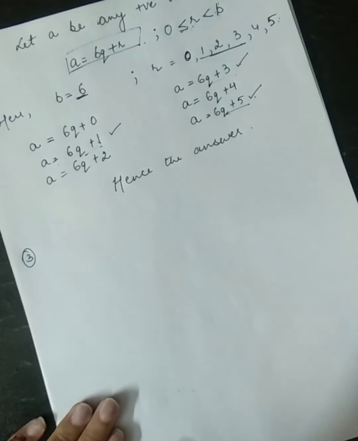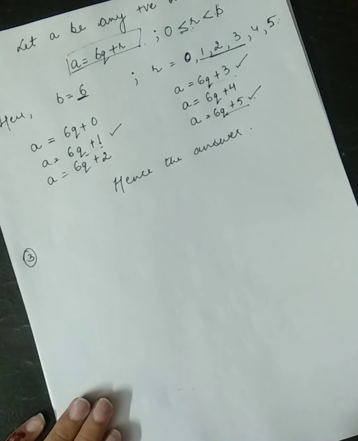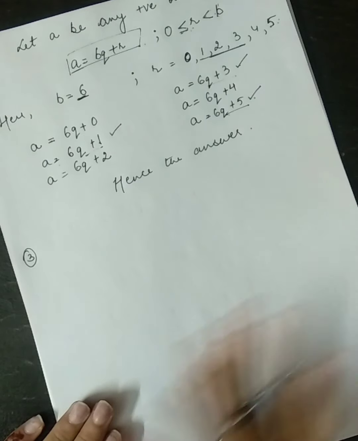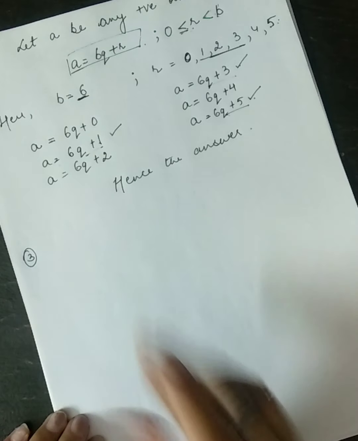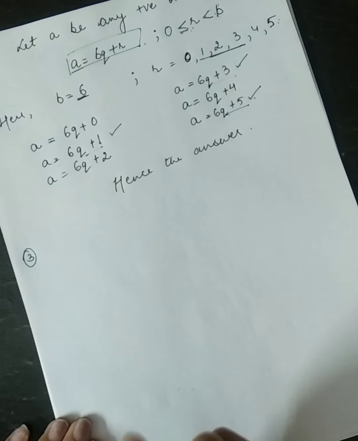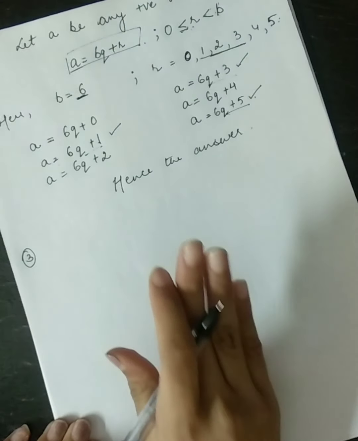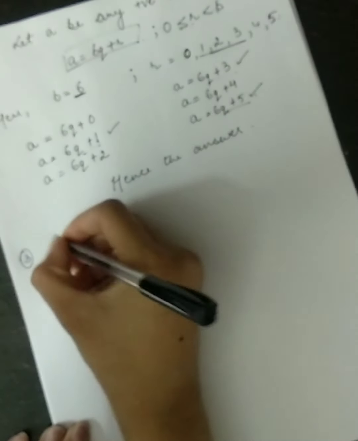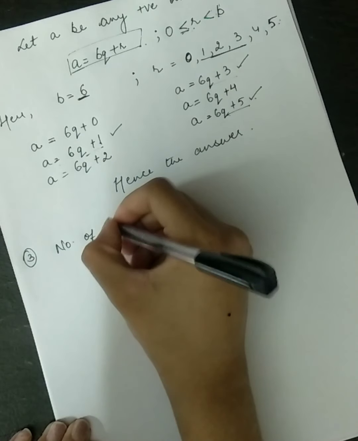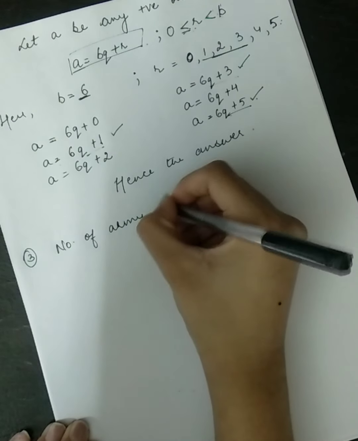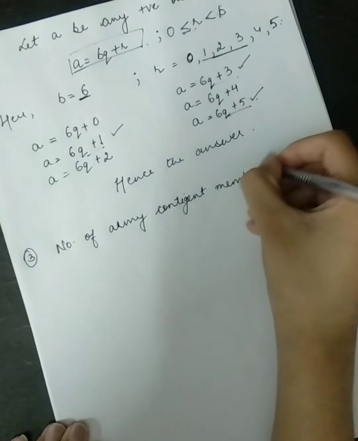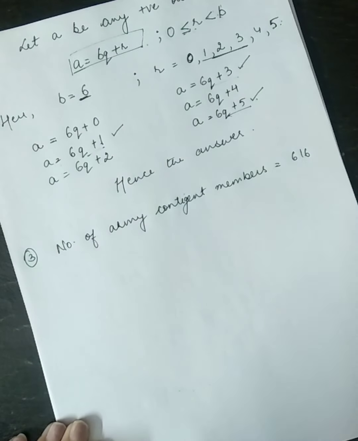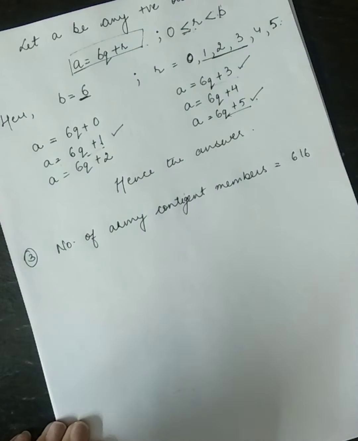Always keep this in mind whenever we have statement questions. Do read the question once in one go with the whole concentration. Then again read the question to find out the main points. Now the main points are an army contingent of 616 members. So number of army contingent members is equal to 616. Then is to march behind an army band of 32 members in a parade.